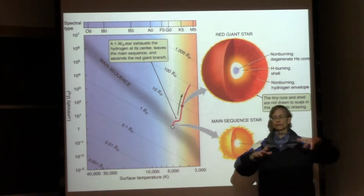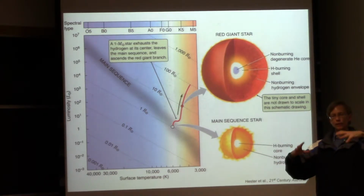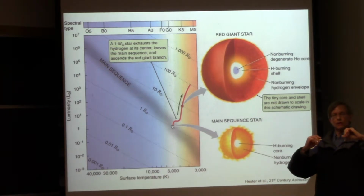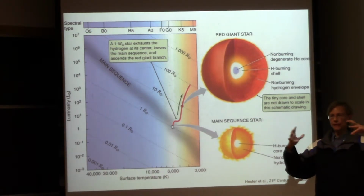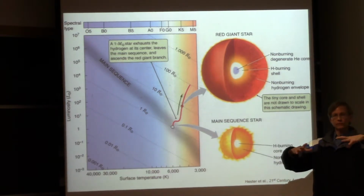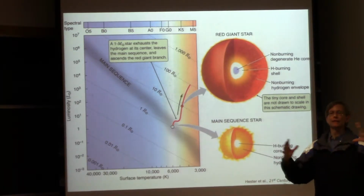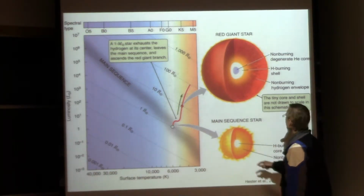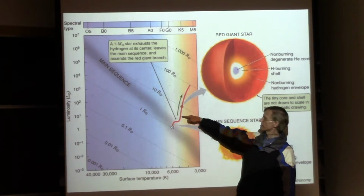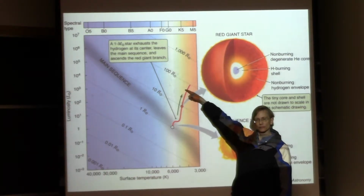And that flood of photons into the sun's outer layers means that while in the core, pressure is weaker than gravity and it's shrinking, in the outer layers, all that extra radiation will raise the pressure in the outer layers to be stronger than gravity, and so the sun's outer layers are going to swell up. So at the same time that the core is contracting, the outer layers swell up, and the sun becomes a red giant star. So the track it follows in the HR diagram for several hundred million years looks like this,